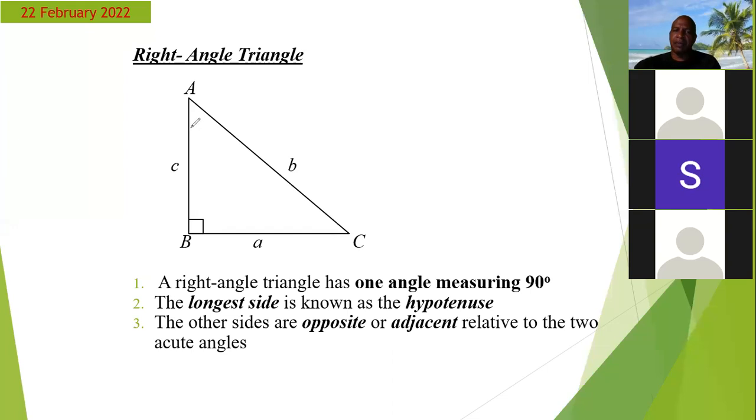A side can be opposite to any of the non-right angles, but you have to specify which side is opposite to which angle, which side is adjacent to which angle. So you cannot refer to opposite or adjacent without specifying which of the non-right angles you're dealing with. So if we are going to